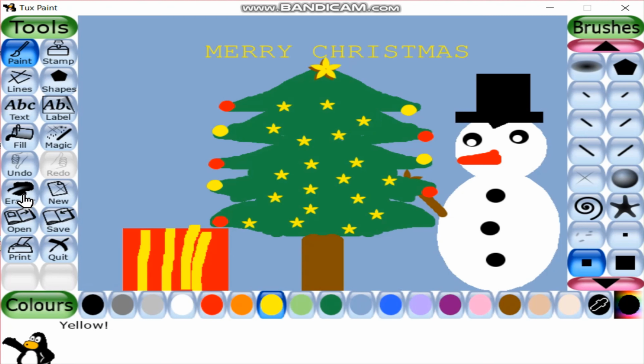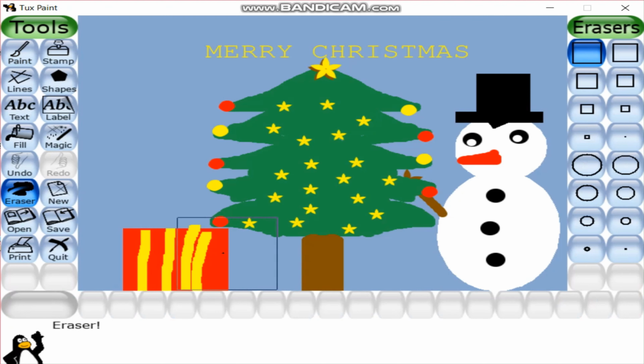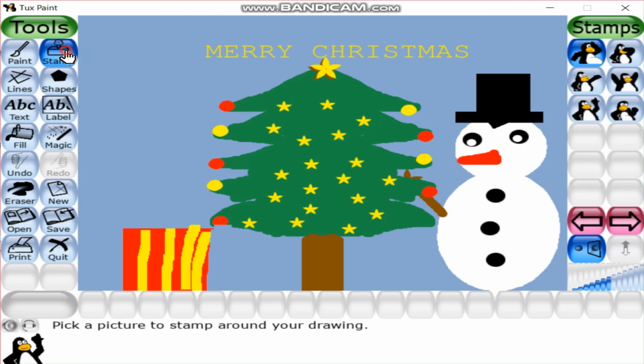Using the eraser tool, you can erase. You can use stamps to decorate your drawing.